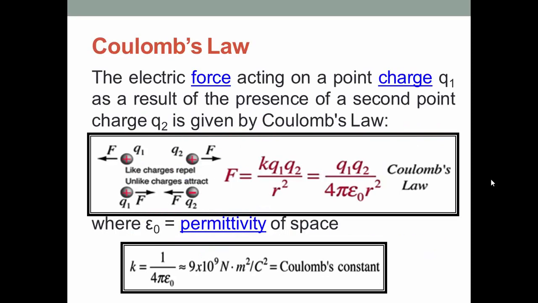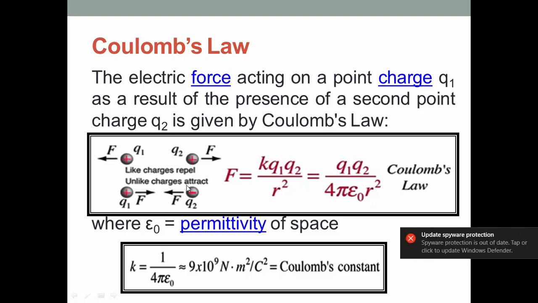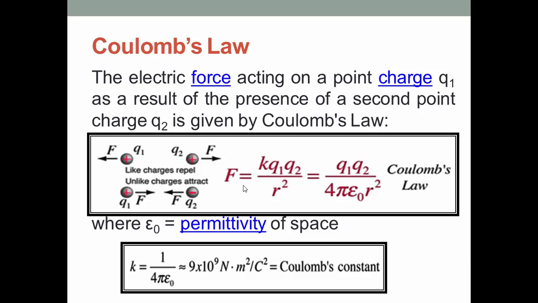Coulomb's Law. The electric force acting on a point charge Q1 as a result of the presence of a second point charge Q2 is given by Coulomb's Law. These are two charges Q1 and Q2. If they are like charges, then they repel each other, and if they are unlike charges, then they attract each other. So the force between these charges is F equals k q1 q2 over r squared,